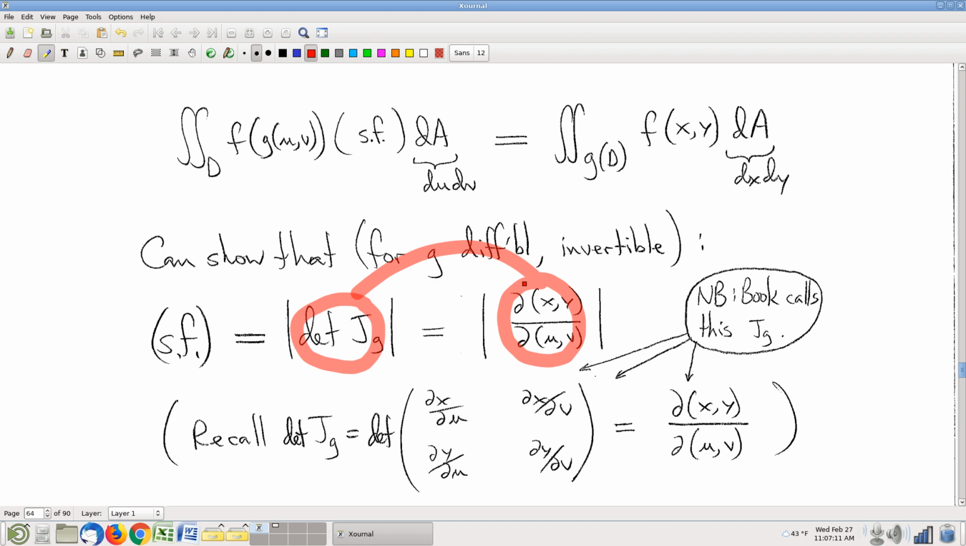Let me show you why that's handy. All right. What we're talking about here is something that you multiply times du dv to get dx dy. Now let's notice what happens if what that is,